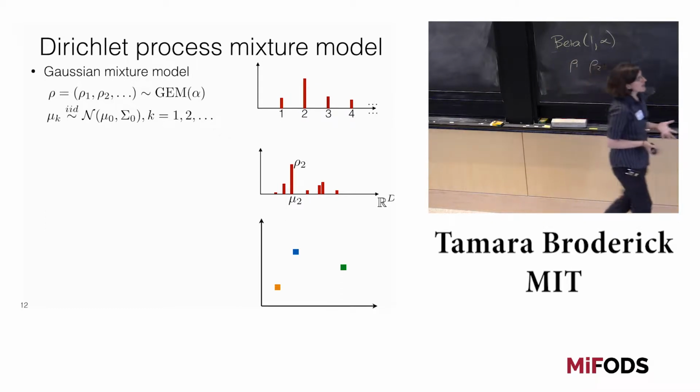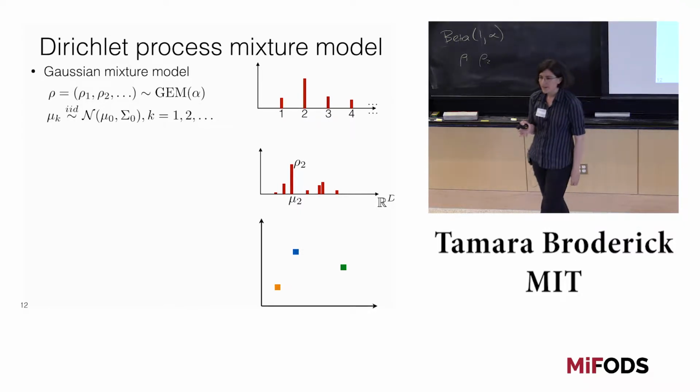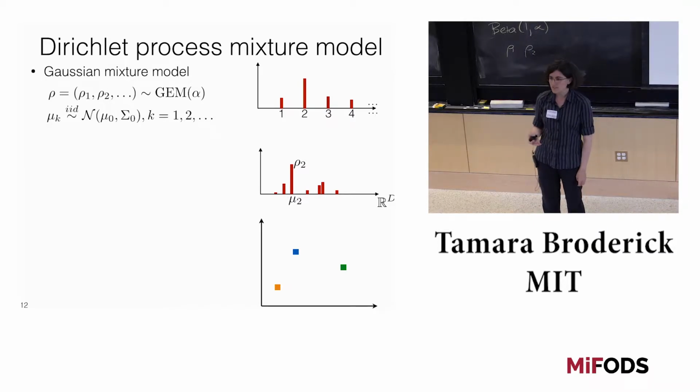Now, one way that we could express these 2 steps is as I've written them. We have some distribution over the integers, and we have some set of means, and they're just linked by the indices. This is the probability of the first cluster, and this is the mean of the first cluster. This is the probability of the second cluster, and this is the mean of the second cluster. But something a little bit annoying about that is that there's actually no ordering on clusters, and so it's sort of an awkward way to express that.